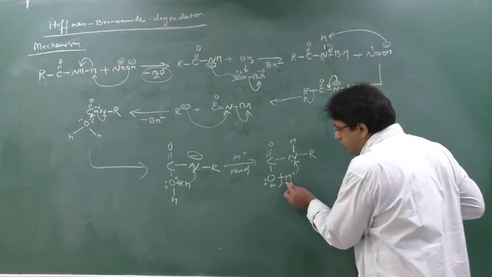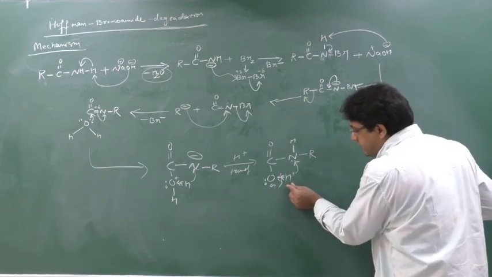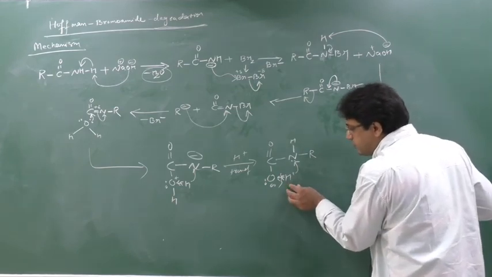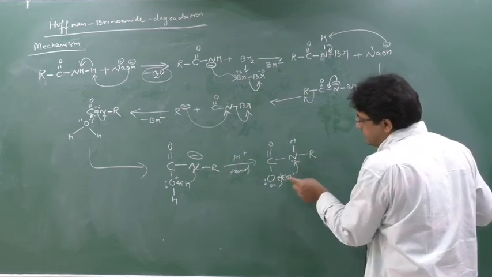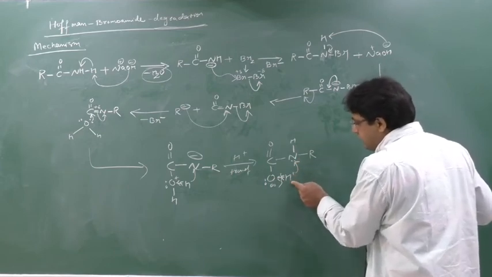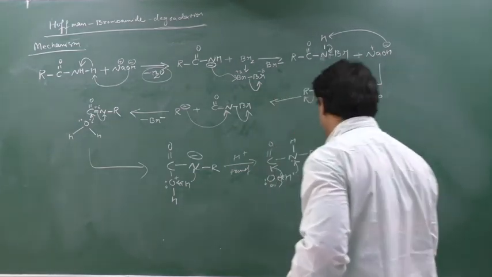It has 0 electrons here because all the electrons will be attracted toward this oxygen. So it has a 0 electron. It has a 0 electron means it will be having the positive charge. Yes or no? Only one proton will be there. So this is having the extra electron, it is having the 0 electron. So this hydrogen will release as H plus and will shift here. So this bond will be shifted back.